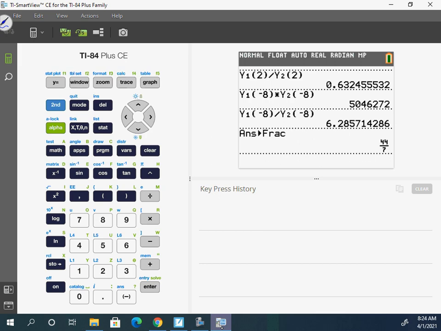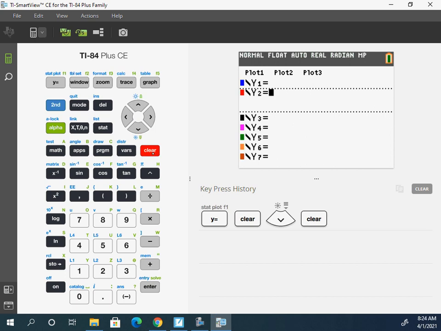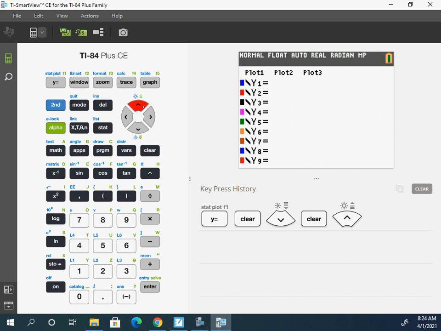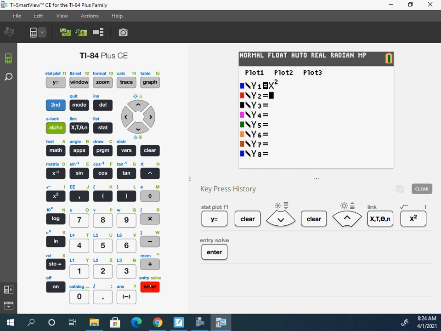Now, it is a restriction on what we can have. Part of the reason we have this restriction is, well, if we look at the graph, clear both of these out, and it was x squared. I think it was x squared, not 2x squared. X squared. If we look at this graph here,